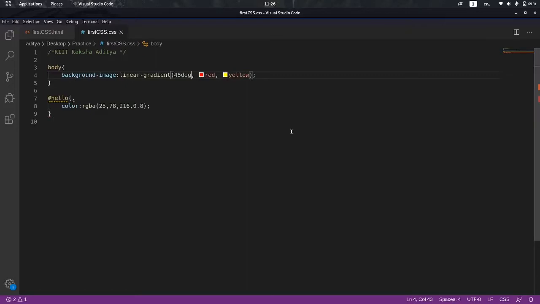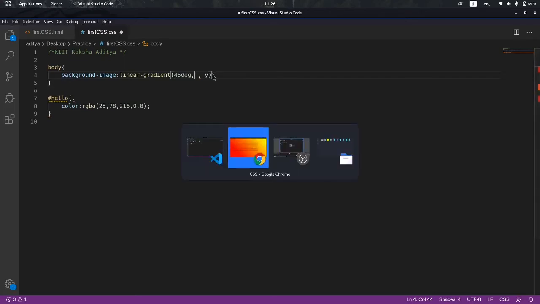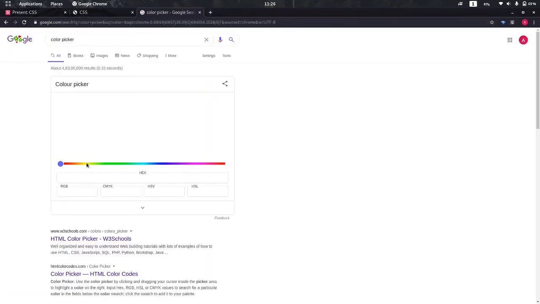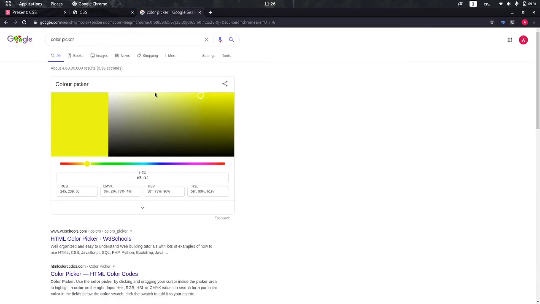Okay, so we can also put any value, like any RGB value or any hexadecimal value in place of the name of the colors. As we saw that we can pass several different values for colors like RGB, hexadecimal. We will open color picker and we will choose any value that looks good.